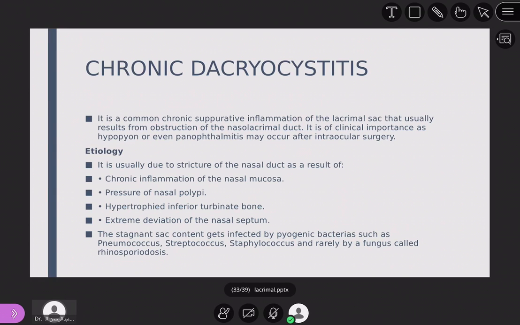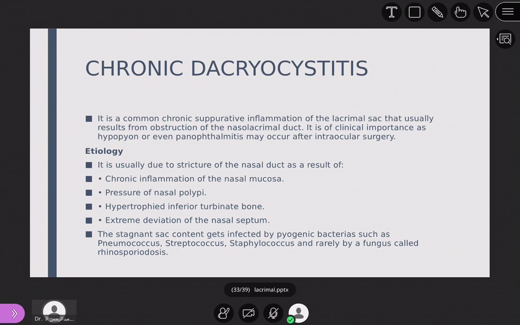Now we'll talk about chronic dacryocystitis, not the acute, the chronic dacryocystitis. It is a common chronic suppurative inflammation of the lacrimal sac that usually results from obstruction of the nasolacrimal duct. Its clinical importance is that hypopyon or even panophthalmitis may occur after intraocular surgery. So chronic dacryocystitis is caused mainly by nasolacrimal duct obstruction,